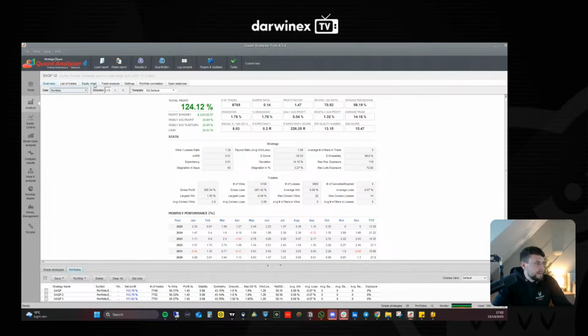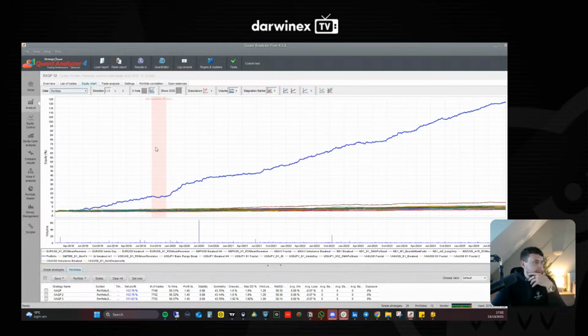But if we take a look at this, the max stagnation period on the portfolio as it stands right now historically was a period of 93 days, which is phenomenal because, again, before I put the spread filter in, the max stagnation period was like 200 plus days.